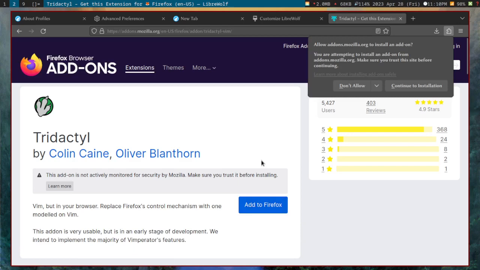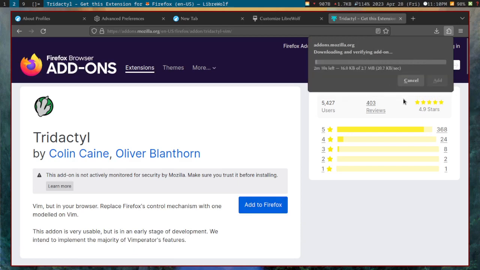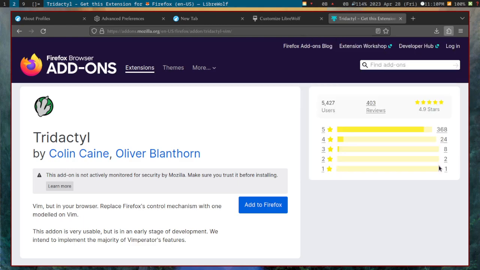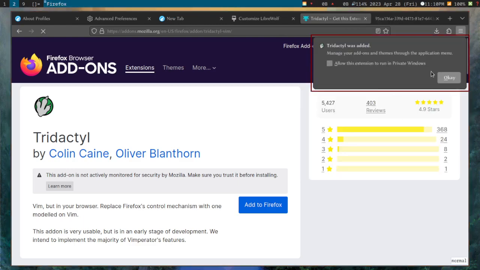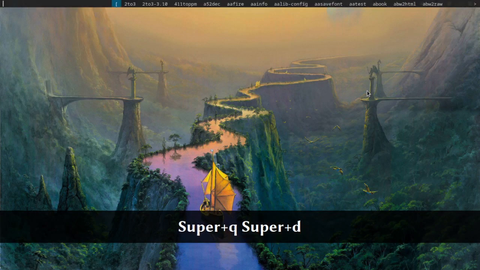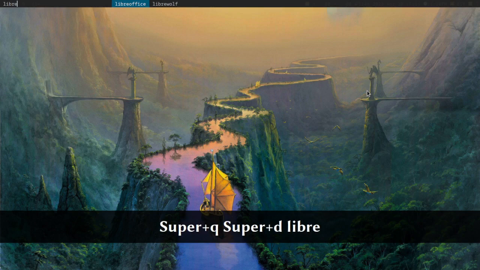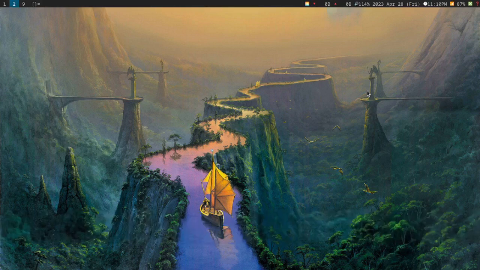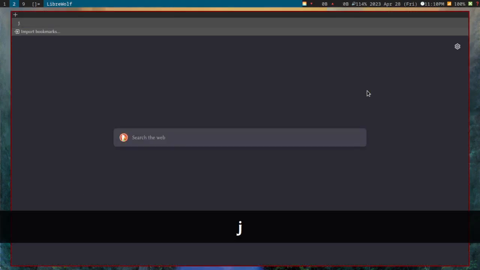Just add this to your Firefox. Perfect. Allow this to run in private windows. Okay. Now we want to close out of that and open your browser again, and you'd see that your Firefox